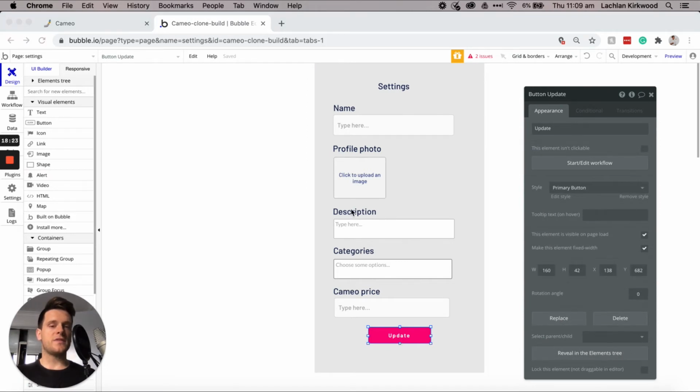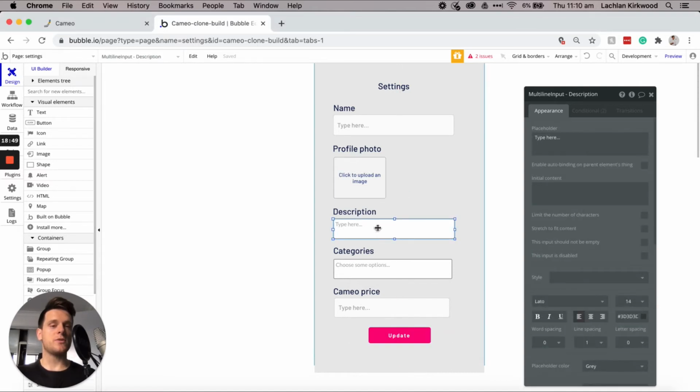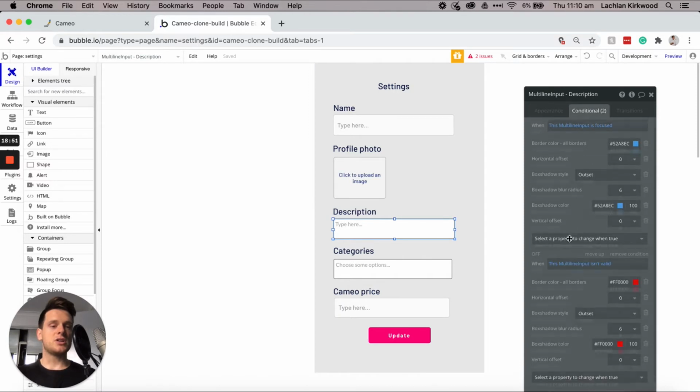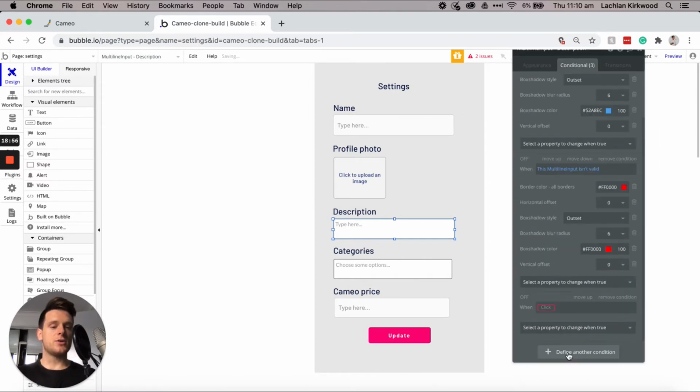Now you'll note that the fields such as description, categories, and the price of a Cameo shouldn't actually display to regular users across our platform. We'll only want those to display to celebrities. So what we'll be able to do is create a condition element that hides these input fields from users who aren't listed as celebrities. So what we'll do is we'll go ahead first to our description input field here, create a new condition. We'll define a new condition below and register this when the current user, their profile type is,